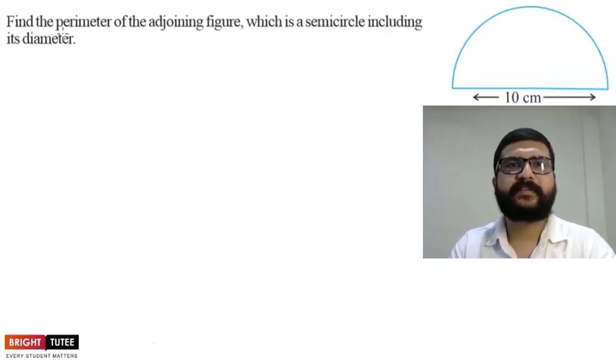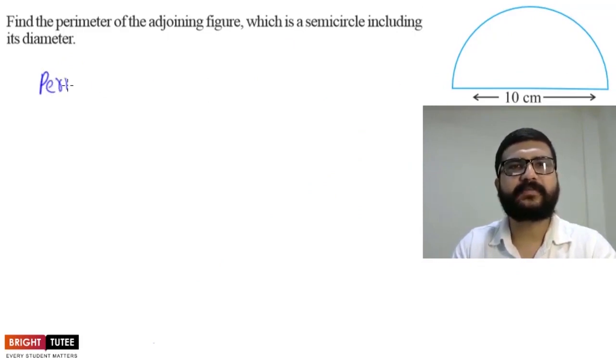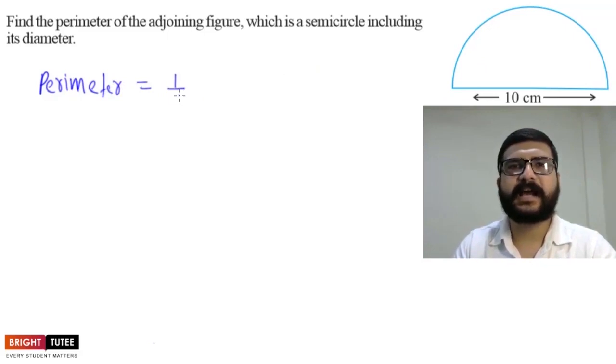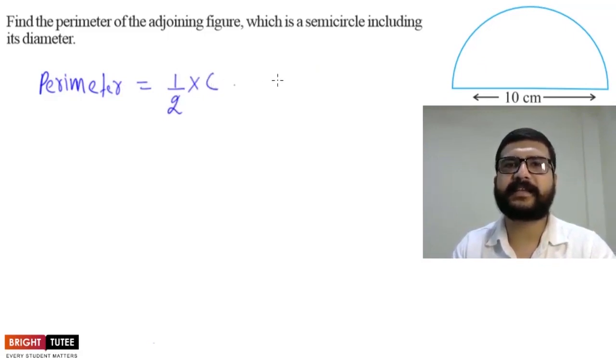So the question is, find the perimeter of the adjoining figure. The figure is shown here, which is a semicircle including its diameter. So how to find its perimeter? Now how we can find the perimeter of this curved portion? So its perimeter is basically equal to length of the curved portion plus this diameter. And how to find length of the curved portion? It is half of the circumference of the circle. So it is half of C, where C is the circumference of the complete circle, plus D, where D is